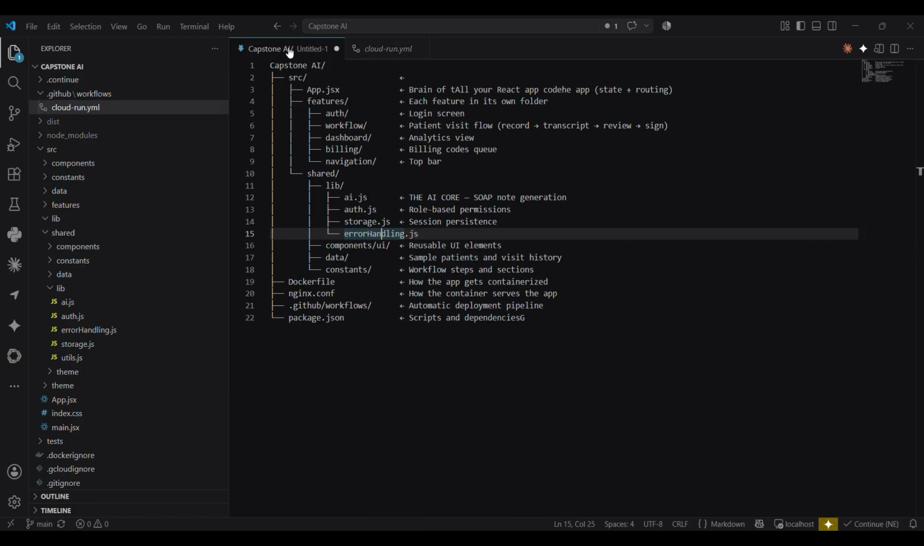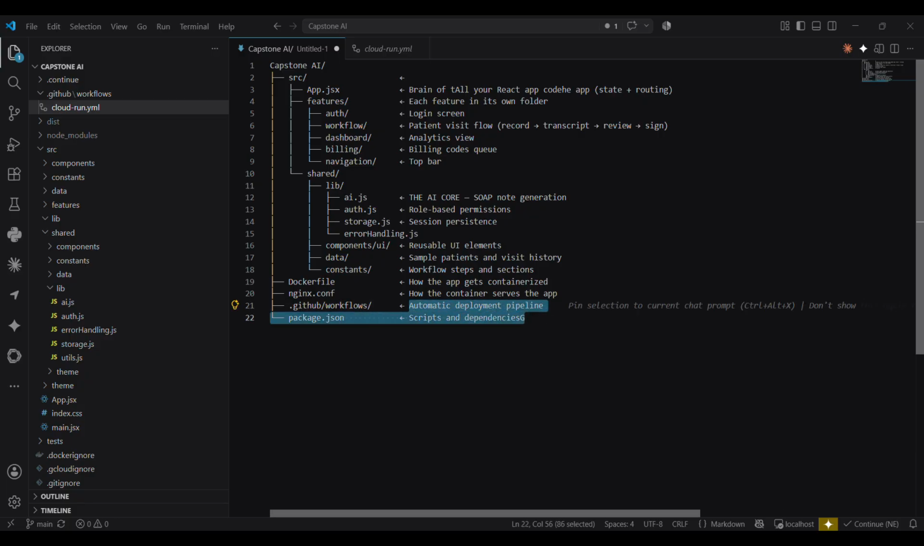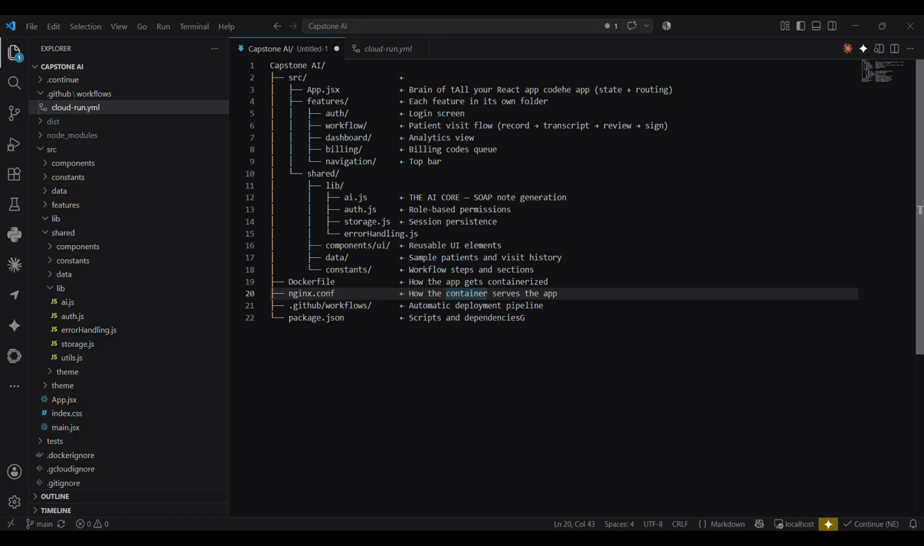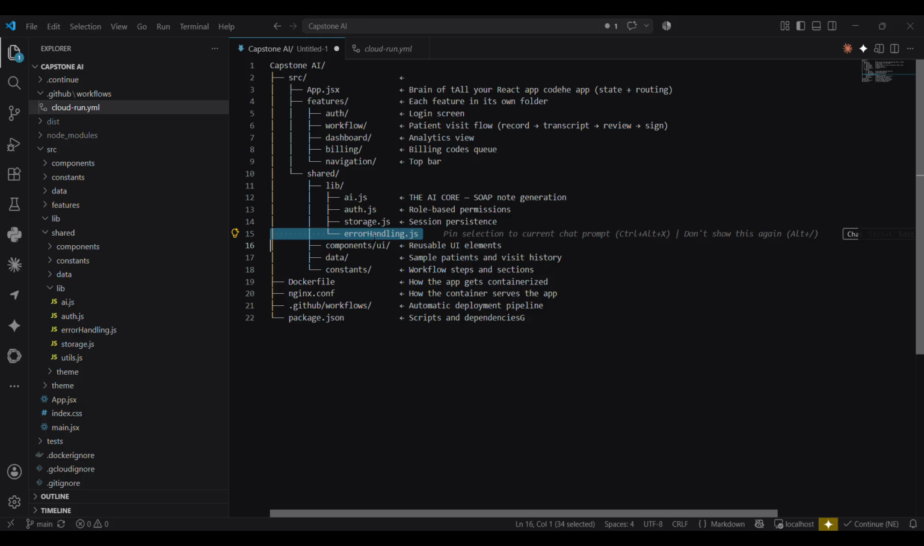I have already told you about the Cloud Run. So this is the basic structure, as I told you. GitHub workflows are used for automatic deployment pipelines. nginx is for how the container serves. The docker file is for containerizing my application, and if there are any steps and acts sections, they will be in